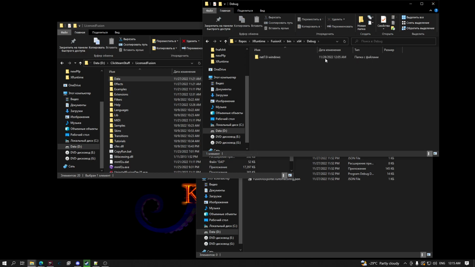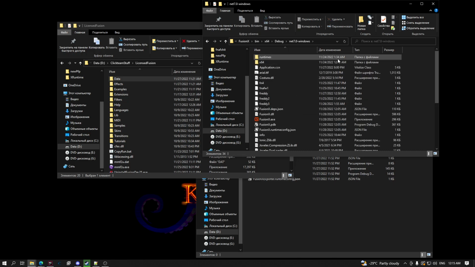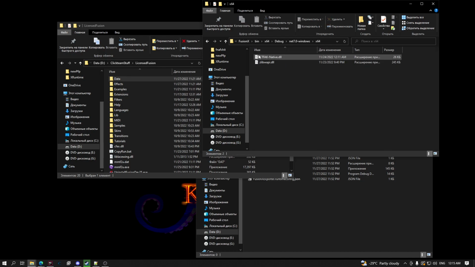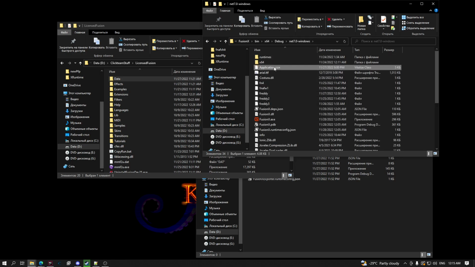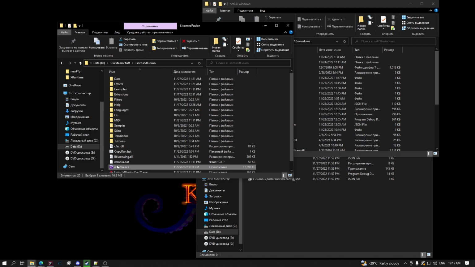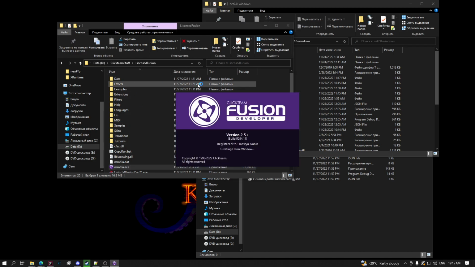So if you're using debug like I do, you just go into debug, net 7.0 Windows, and here's all the stuff you need. This thing kind of relies on the library that I use in CTFuck, and this zlib API. You can just use whatever one you want. I just included the one that was distributed on the official website. So yeah, let me remove this ccn file,